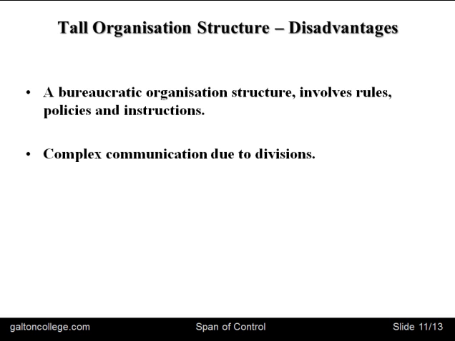The tall organisations tend to be bureaucratic, involve rules and policies and instructions. So they're controlled from the top down. And communications is complex. It's difficult to get communications. Generally speaking, communications are through formal channels, for example, emails or internal methods of communication, which may be electronic or whatever,